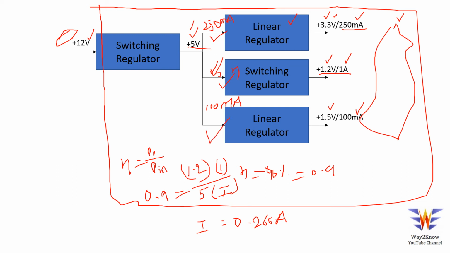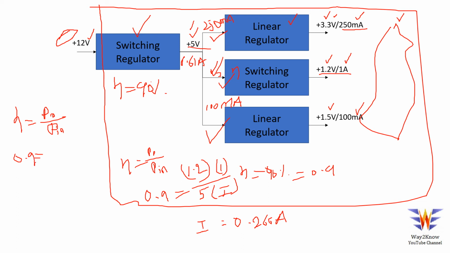So if you total all these on the 5 volts regulator, the total current is 0.61 amps. So on 5 volts it is 0.61 amps. Now again there is a switching regulator at the input. Let us assume again the efficiency of this is 90%. There are regulators available with good efficiencies. We are just assuming the efficiency here. So efficiency is given by P out by P in again, right? Now efficiency is 0.9 we know.